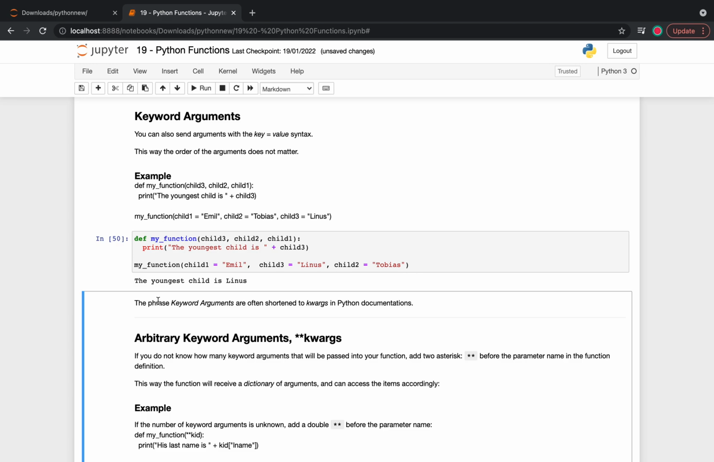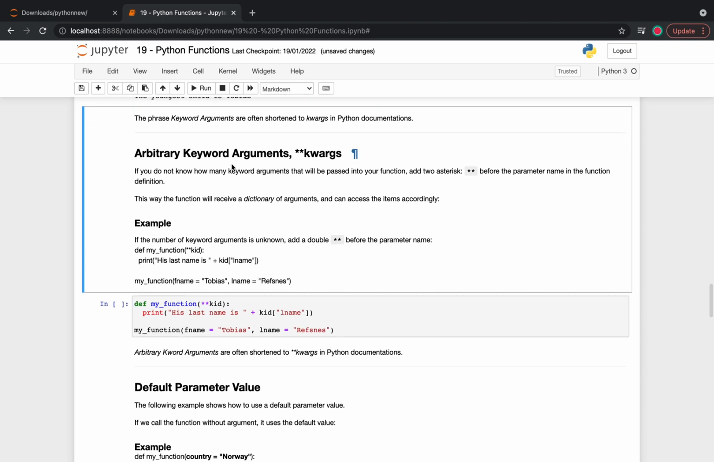Okay, I run this one. The youngest child is Linus because it plus with child 3. So dia dah bagi tahu child 3 ni adalah the youngest child. So kalau nak jadikan Tobias ni yang the youngest child, just tukarlah child 2. So jadi Tobias. And then we have the